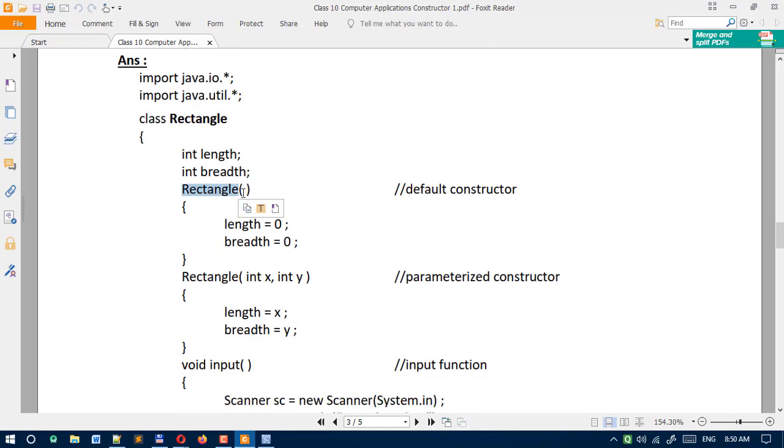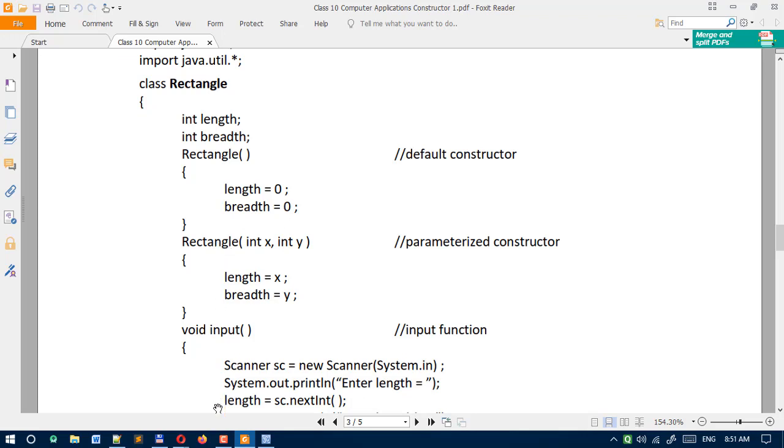With brackets, that means it is a function. As we know, a constructor is used to initialize the data members. The data members are length and breadth, so we initialize length equal to 0, then breadth equal to 0. We initialize the data members with 0.